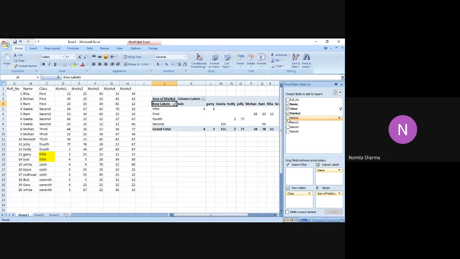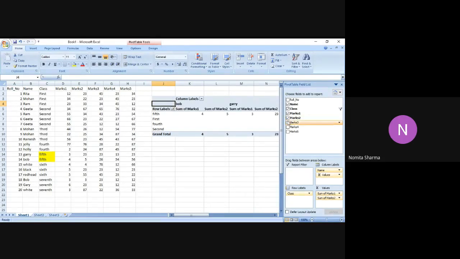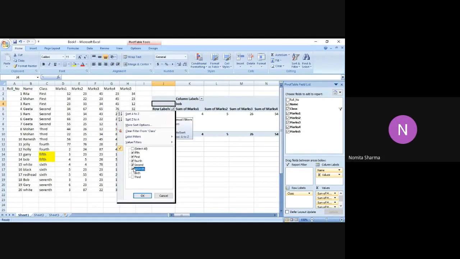But the point I'm trying to tell you is that automatically it will fetch marks 1, 2, 3, 4, and 5 in the value section of the pivot table. All right. Now, let me select the others also, so that we can have their marks as well.